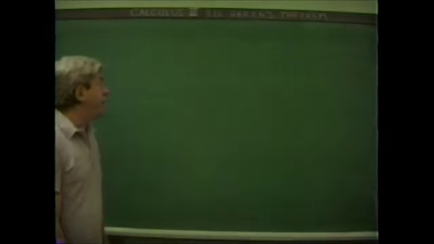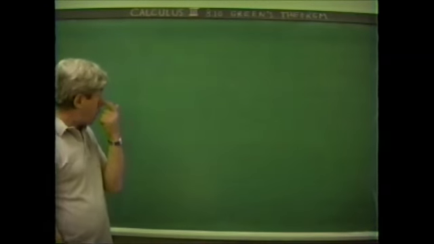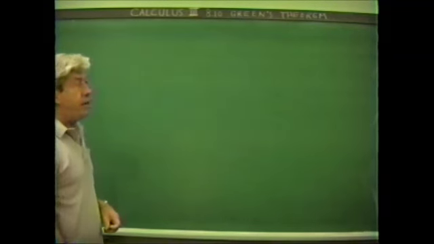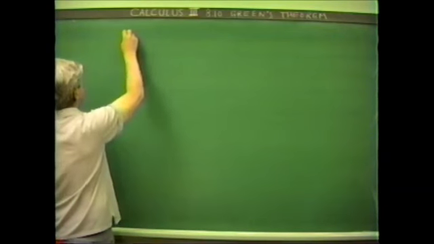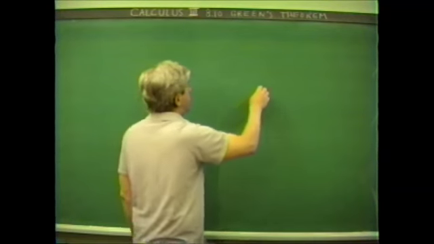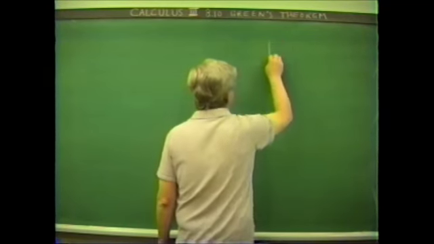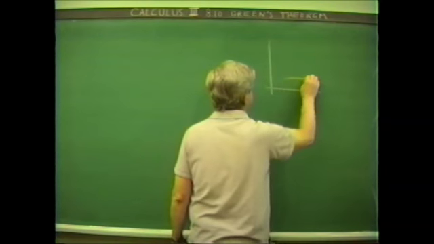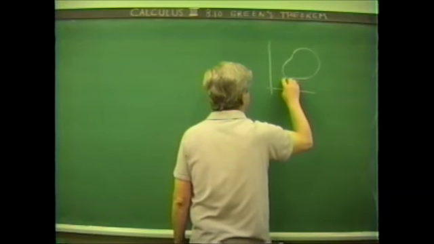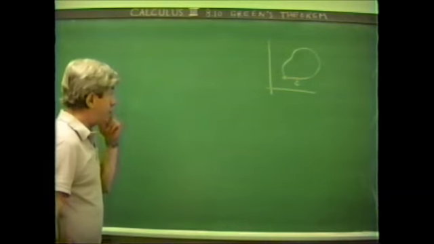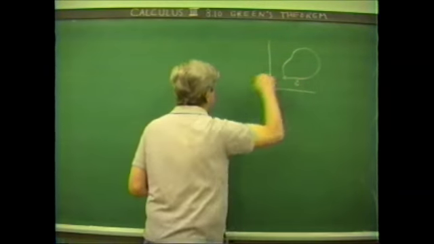We want to look now at a theorem in the plane, or stated for the plane, that has several generalizations which are important theorems, but it's an important theorem itself. It's called Green's theorem, and what it says is this. If you've got a region R bounded by a closed curve C, a simple closed curve C, simple means that it doesn't cross itself, then